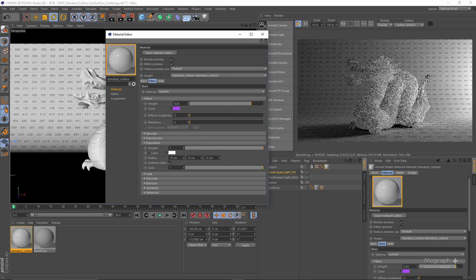Then we have radius, which is the radius of the area each sample affects, and higher values will smooth the appearance of the subsurface scattering. Increasing the value here can radically change the appearance of the material. If the radius value is too low, we can see a subsurface scattering effect like in leather, and if we increase the value, you can see a more powerful subsurface scattering and smoother effect, like for example in marble. So you can see with the radius of 10, this is the subsurface scattering